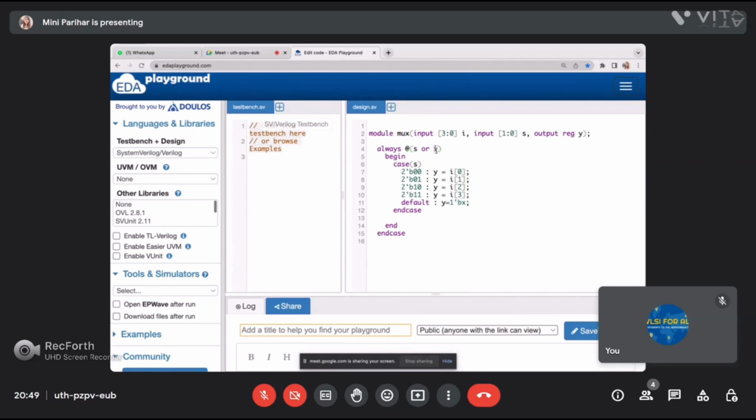Okay, it will execute, but there can be a condition like it will depend on the input only. When the input is changing, that time it is checking for the S. So it is not dependent on the S, the select line, now. The main dependency will be on the I. Whenever my input changes and there is no change in the S, it will not execute the statement; whatever value was there before will always be there.